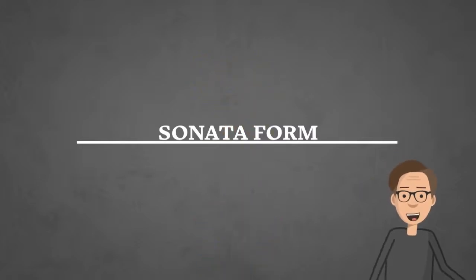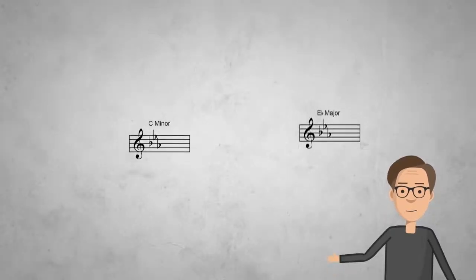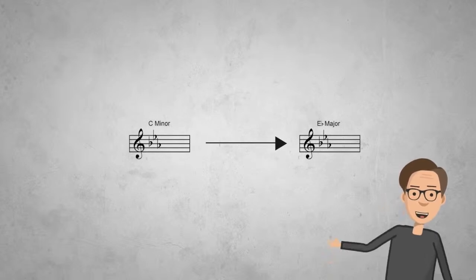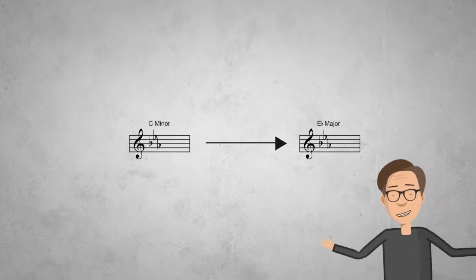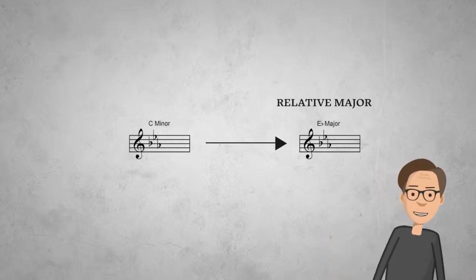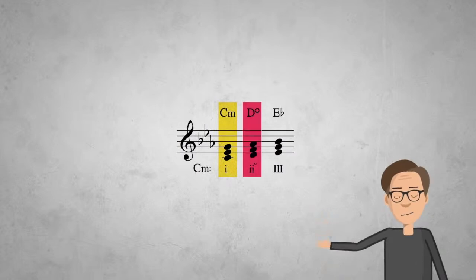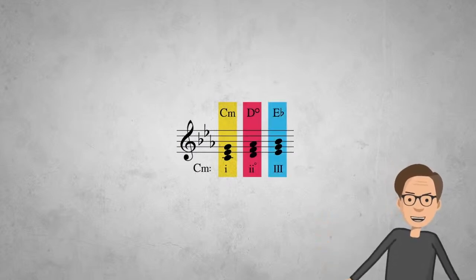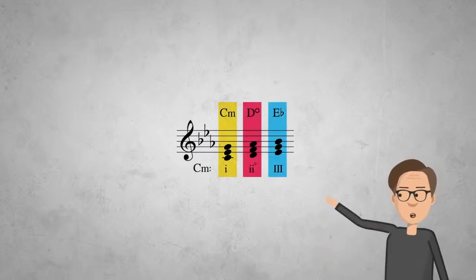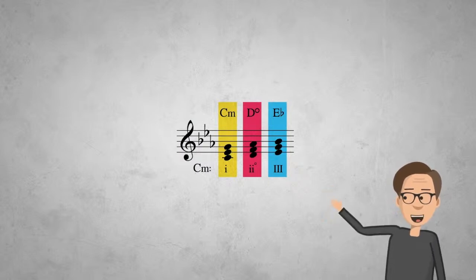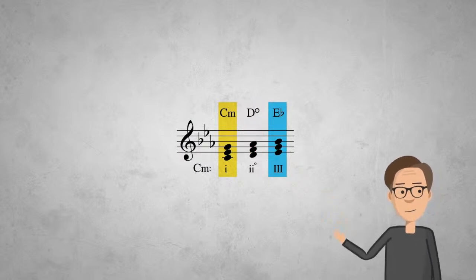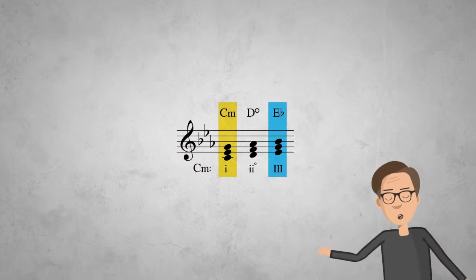And we've now arrived in the new key for the secondary material. And here the contrast in key is very effective, since Beethoven has moved to what we call the relative major key of C minor. You just slip up the C minor scale a few steps, and you arrive in E flat major. It's called the relative major because both C minor and E flat major have 3 flats in the